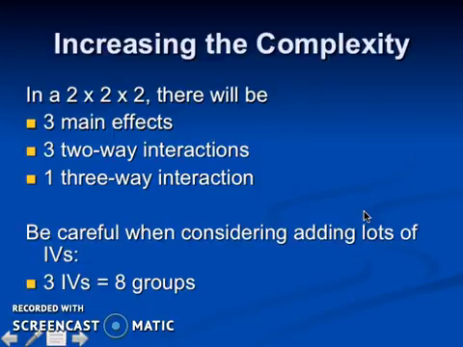So with 3 independent variables at 2 levels apiece, I would need 8 groups. I'd probably want at least 20 people, usually 30, but at least 20 per group. So that's 80 people. I'm sorry, 160 people. That's more than that. And then if I had 4 independent variables, that would actually come out to 16 groups, assuming it's all between subjects. And once again, for each group, you want at least 20 people. So that would be 320 people that you would need. So the number of people balloons as you start adding independent variables, which is why you want to be